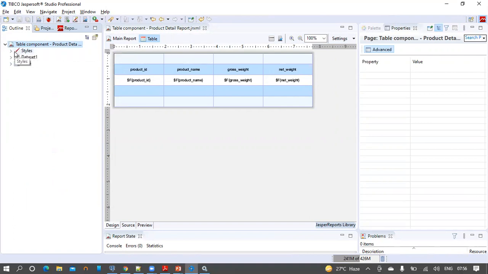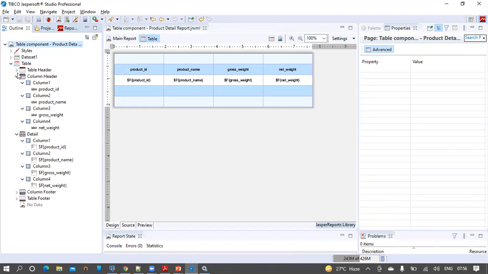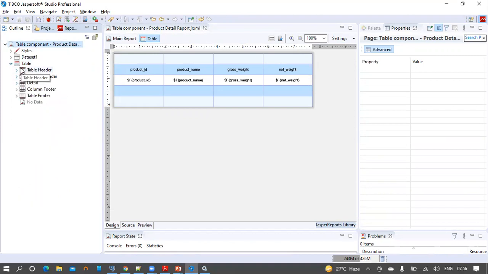The one is styles, which takes the default styles while we are creating the table component. Then the data set one, then the table. The core part here is table. If we expand this table node, we can see a table can contain table header, which is this one on the design view, the first row, and the column